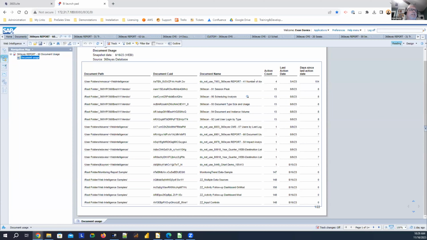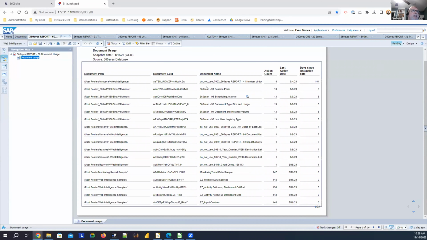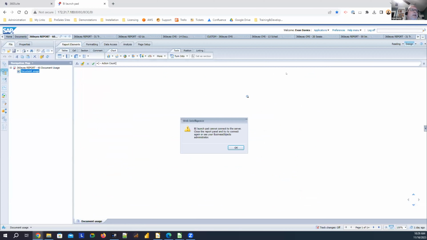So we can see very quickly that we have a number of different reports. We can see exactly when they were accessed and so on. And through some limited interactivity in this report, we can easily say, okay, for that action count, we can just do an action count here and go to design and actually,